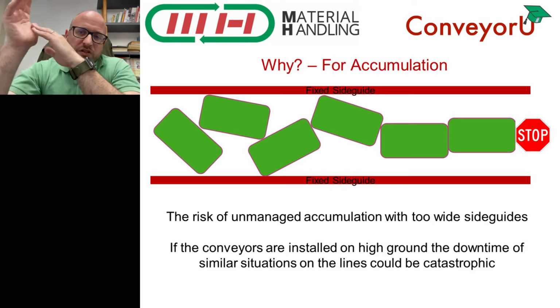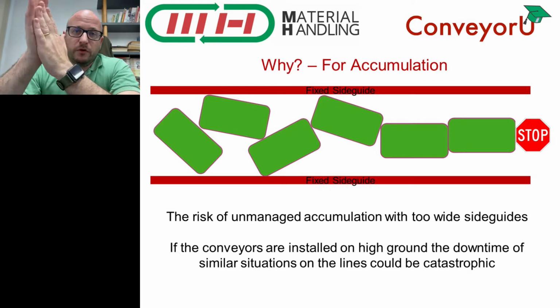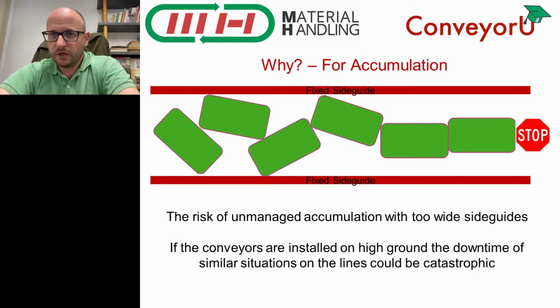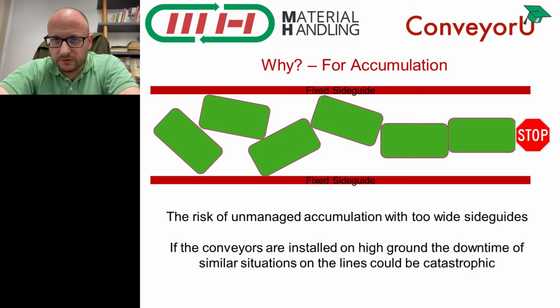So let's imagine that there are no side guides at all. However precise the feeding of the products on a conveyor may be, there is always some kind of shifting left and right of the conveyor. May it be a modular chain, a tabletop chain, or a belt, there is some kind of jiggling left and right. It's in the nature of the mechanics of the conveyor. So when this happens and the queue of products